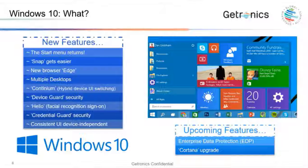One of the main reasons to go to Windows 10, if a customer is asking me why they should go to Windows 10 as soon as possible, is for sure the new security features that Microsoft is releasing. The world is changing fast, cyber criminality is there, so it's clear that Microsoft is making huge improvements. We have some examples here, like for instance Device Guard, which is an important one. What that will do is make sure that you can only run signed applications, so applications that you trust, on Windows 10. Because now each executable, each MSI that you can download from the internet is a potential risk, a potential virus,